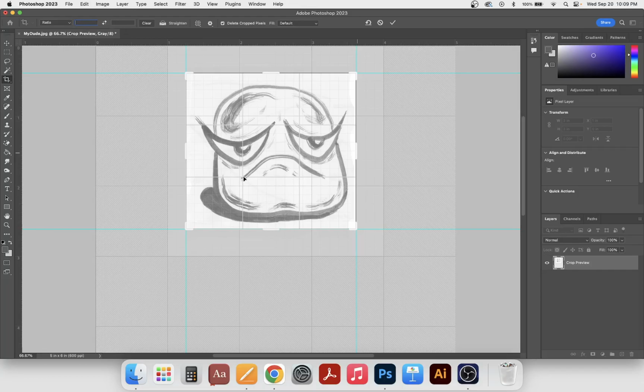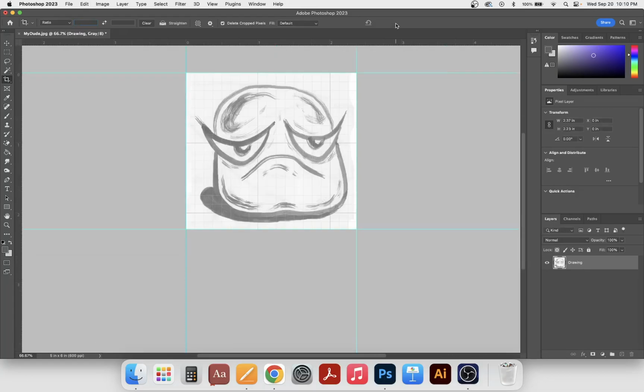Okay. The next step, now that we've kind of got it all queued up to be cropped, you can go hit the check mark to OK it, or hit enter to confirm those edits. And then I'm going to get rid of these guides just by dragging them off the screen. And then we're going to really move on to the fun stuff. Sorry folks, that took a little bit, but we're just doing some housekeeping, trying to get ready for more complicated